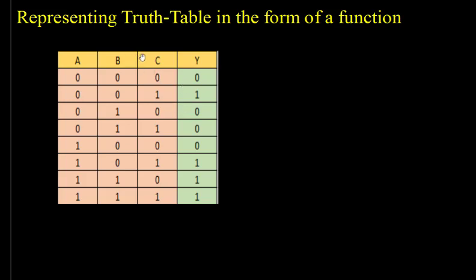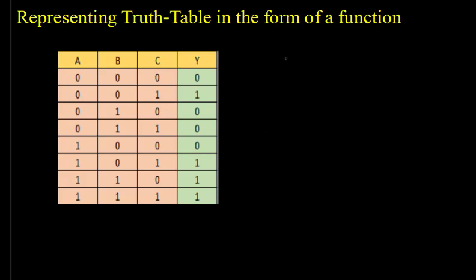So we can have an alternate representation, that is how to represent a truth table in the form of a function. Before continuing with the K-map, first we learn this technique, how to represent a truth table in the form of a function. Now consider this is a truth table where we have 3 inputs. There are 8 combinations, which are given in this particular color, and here we have the outputs, the green one. Now how to represent this in the form of a function? There are 2 ways.